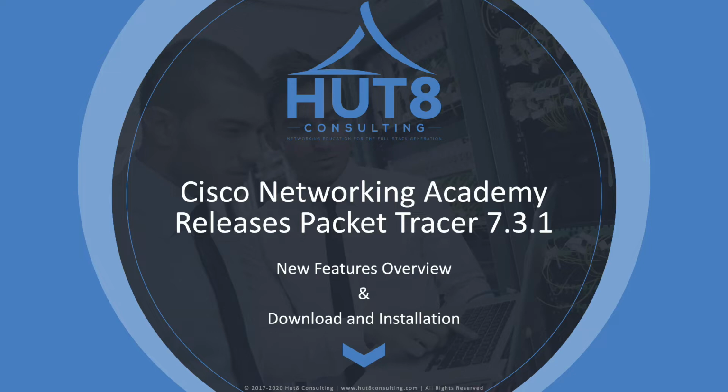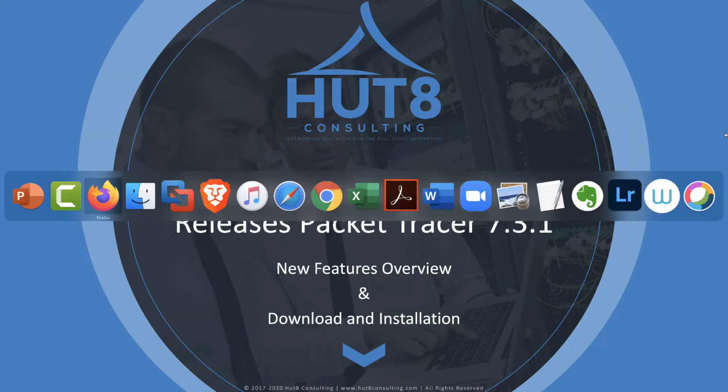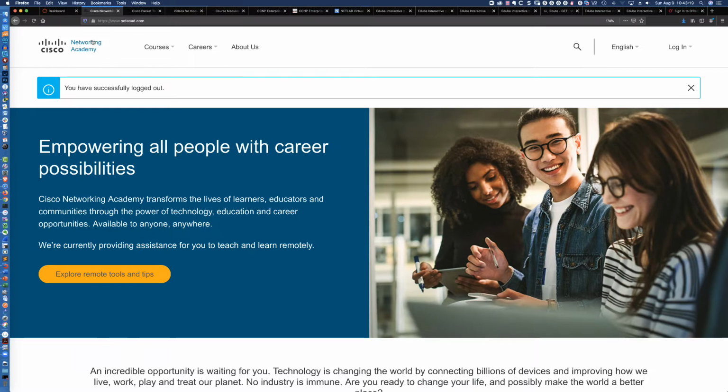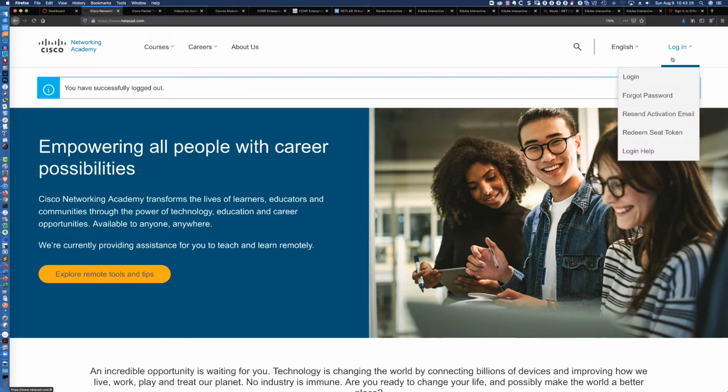So you can still download Packet Tracer, use the tool to do your CCNA studies, and get all of the features and benefits that I'm going to be talking about right here. So let's go ahead and dive in. I'm going to come out here to the main Cisco Networking Academy site, which is simply www.netacad.com. Now, don't worry, if you're not a Netacad user,